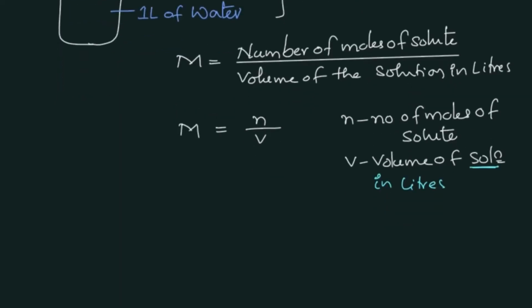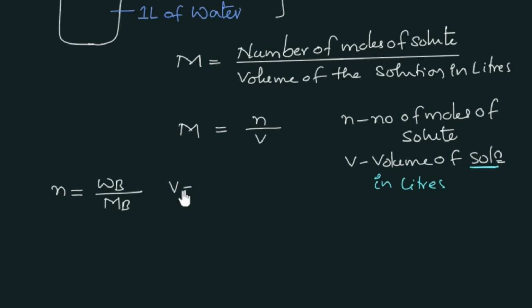Now, when we do a normal experiment, we don't get the number of moles, we get the grams. For example, 1 gram is added in 1 liter of water, or 100 grams of substance is added in 100 ml of water, like that. So we can modify this formula: the number of moles n can be given as the weight of solute, let me take a solute B, the weight of the solute W_B divided by the molecular mass of the solute, M_B. B is some kind of solute.